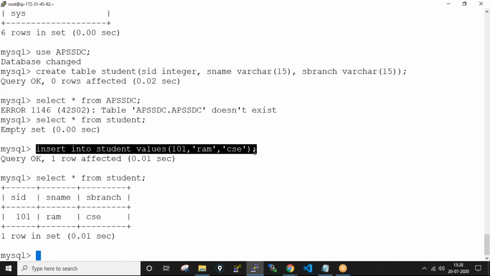So I'm just copying this one. ECE, giving as a name. That's it.